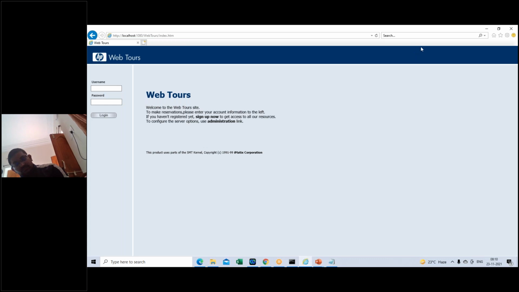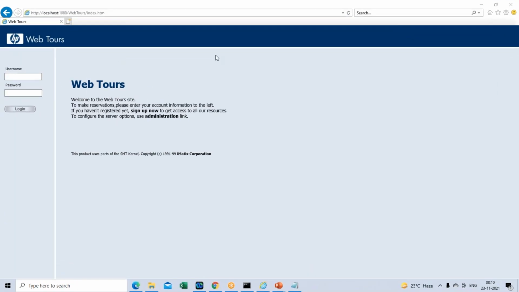Generally, if you see any functional tester or automation tester, or even if we want to test any functionality of an application, how do you validate it?